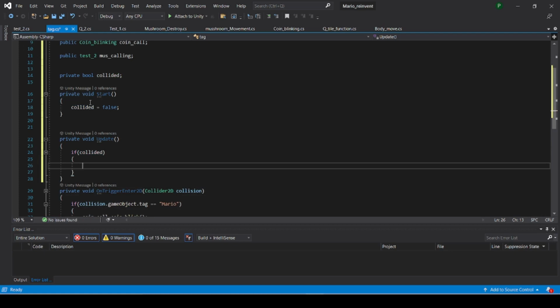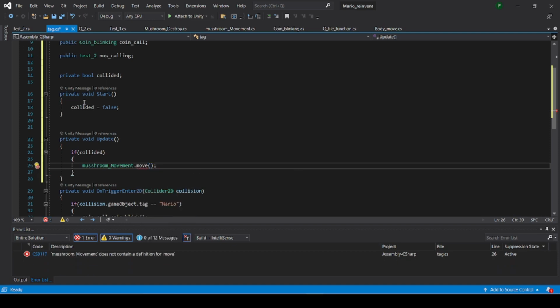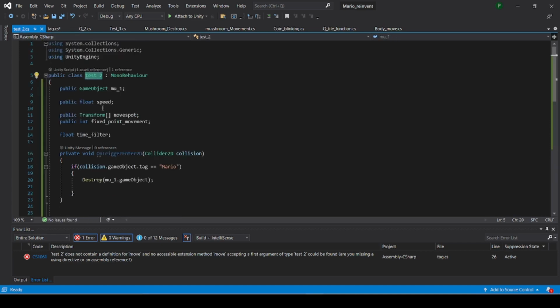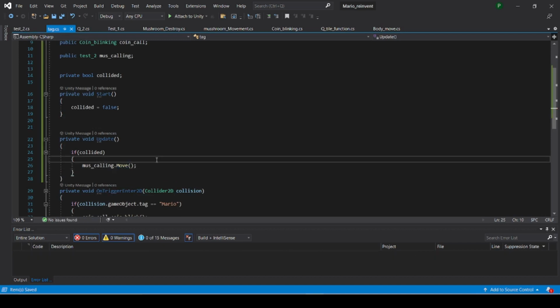we're going to call mush calling, which is mushroom calling dot. Here I used move. Here it takes the wrong name. I am going to name it mush calling. Here's move. I think something is wrong. Oh, here the Move is capitalized. So now our move is ready here.